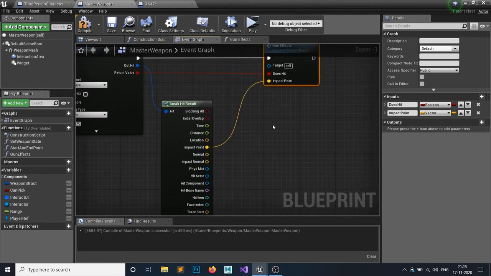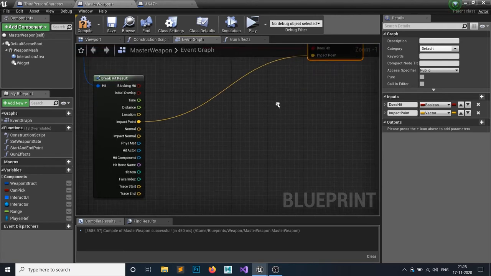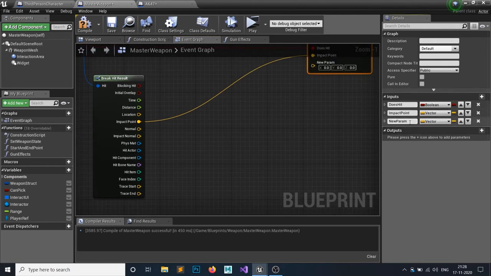The third one is where your trace is ending for the gun, right? So this would be your trace end. Now consider this. If your gun's bullet is not shooting anything, it is simply shooting into the sky, so it is not blocking any object, then the trace end would be this guy.